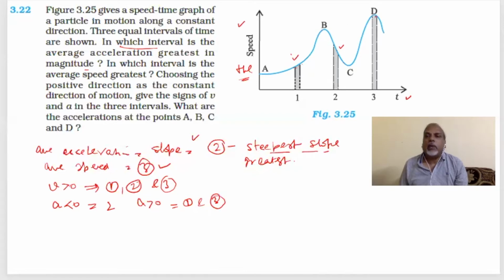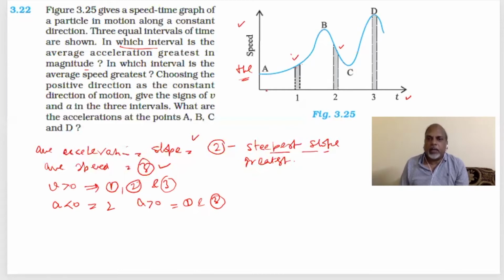Suppose if you take parallel to t, then of course a will be 0 because there won't be any slope in this speed time graph. Then what are the accelerations at points A, B, C, D? Actually, here if you make a tangent,